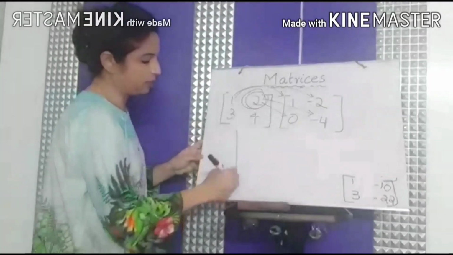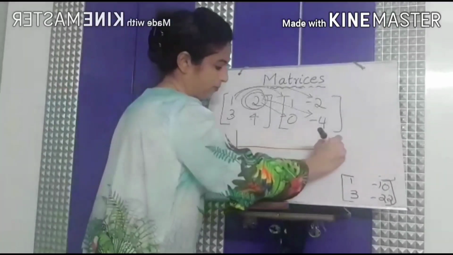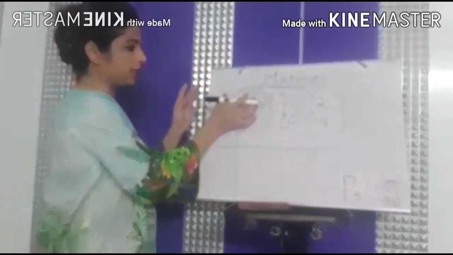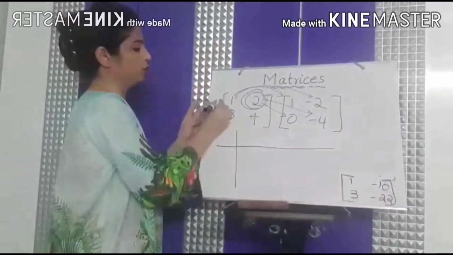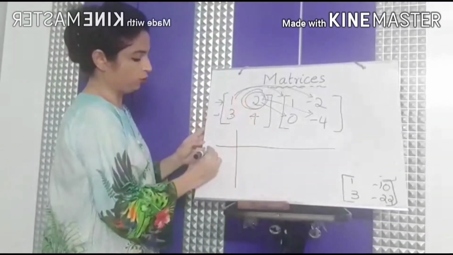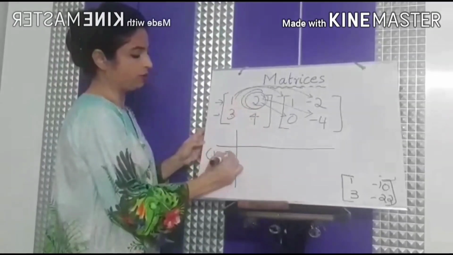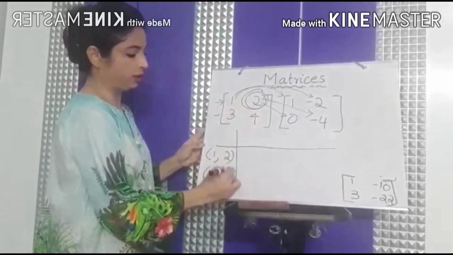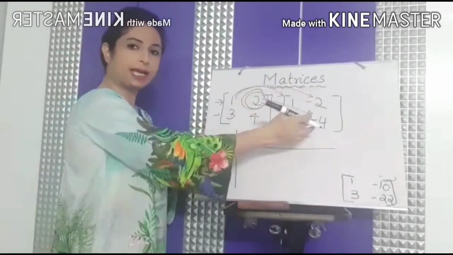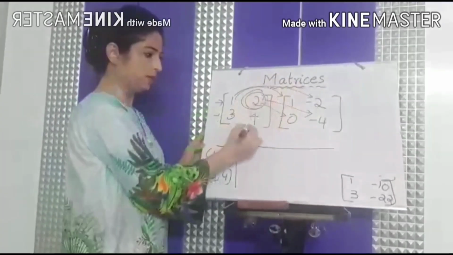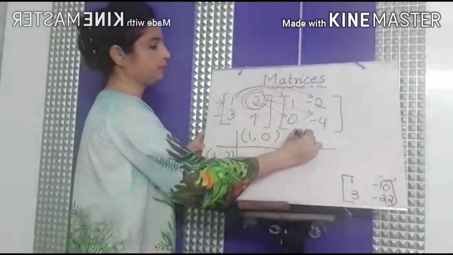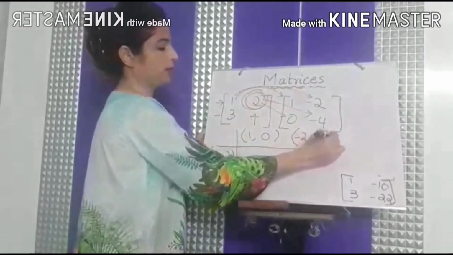So let's make these two lines. From the first matrix, just take the numbers in the rows. So 1 and 2, write it in the coordinate form here. 3 and 4, write it in the coordinate form here. From the second matrix, take the columns and write them in the coordinate forms here: 1, 0, minus 2, minus 4.